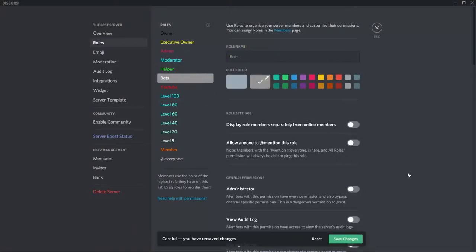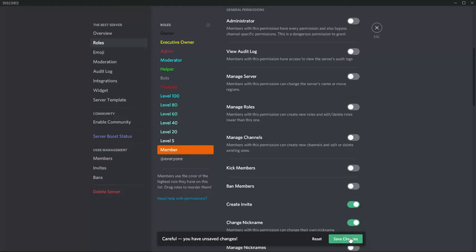Bots, I also like to have display role member separately so you can see all the bots. So people that join can see all the bots that you have. And YouTube rank also. YouTube rank could have like a special perk or whatever. Member, you don't need to make that display separately, so you can just have that normal. Now that you're done with your roles, you're gonna want to head over to